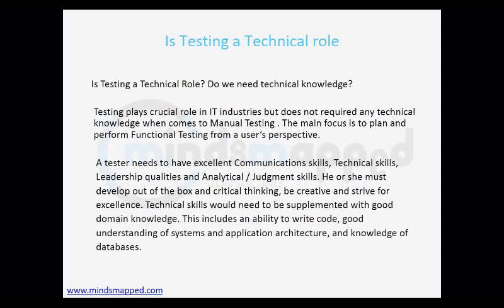And when it comes to automation, usually after 1 or 2 years, 2+ years of experience, people switch from manual testing to automation testing. In automation testing, you need the ability to write good code, understand the architecture, and know which database is required. So you need technical skills for writing code, understanding systems and application architecture, and knowledge of databases. Clear?